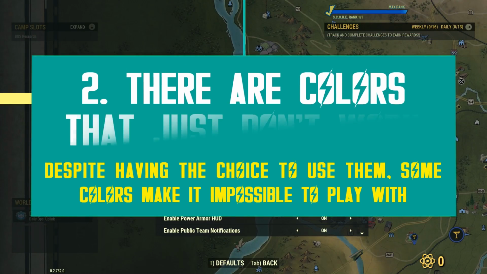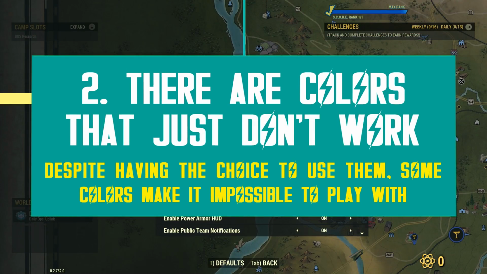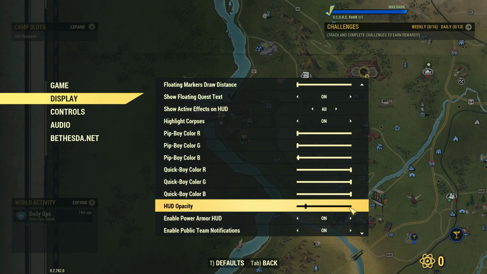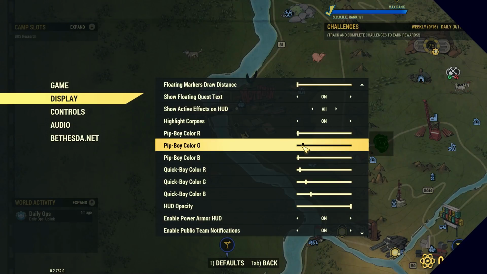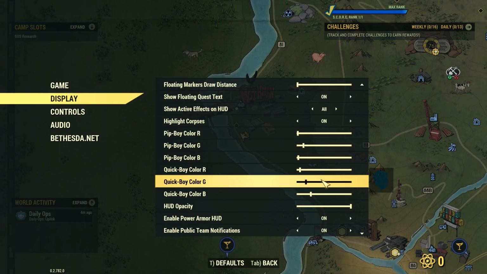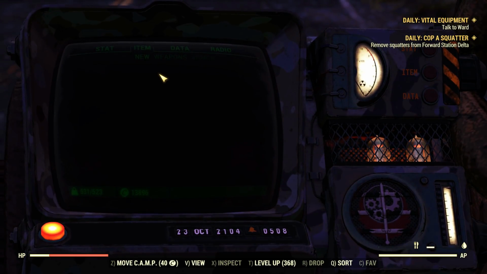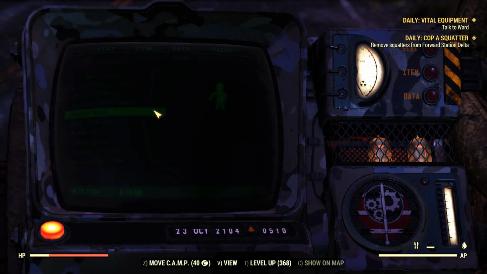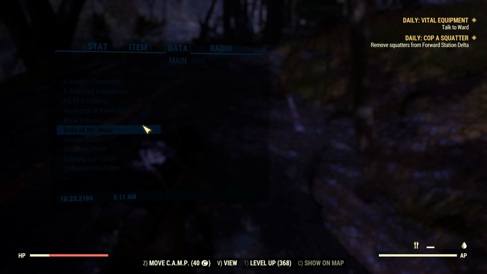Alright, so there's plenty of colors and combinations to try with these new settings. I spent some time testing and I came to a very solid conclusion. Some colors work way better than others, while certain colors simply do not work. Now, dark tones can work, but such colors are so faint that it makes you wonder, is it even worth it? Unless you want to challenge yourself to play hardcore mode, as in playing without the Pipboy at all, because